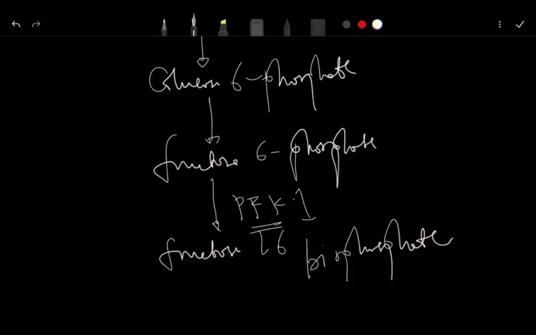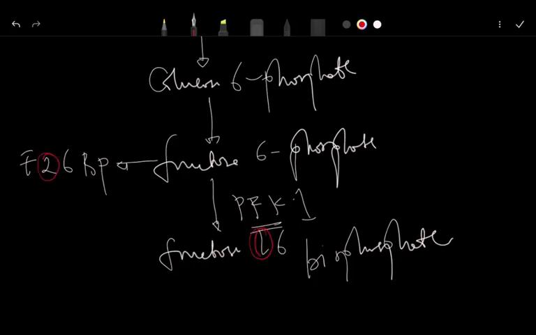So one of the things that activate this enzyme, as we've already discussed, is AMP. But the most important one is what we call fructose 2,6-bisphosphate. So there's an enzyme here that has the ability to convert fructose 6-phosphate to fructose 2,6-bisphosphate. So instead of putting the phosphate at carbon 1 like we did for this one, we put it at